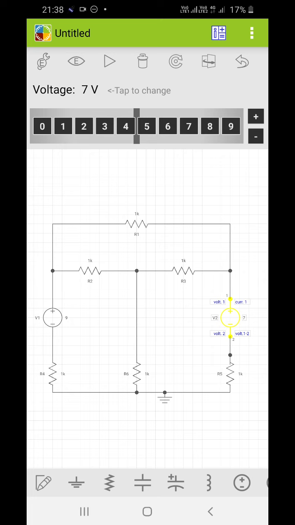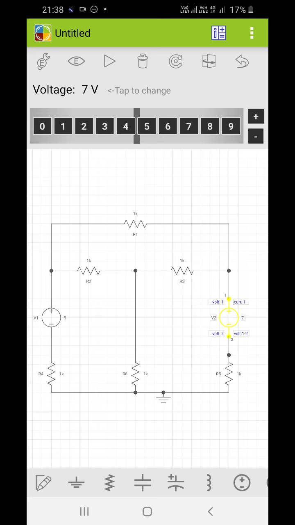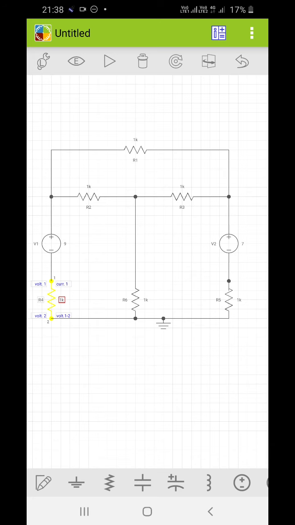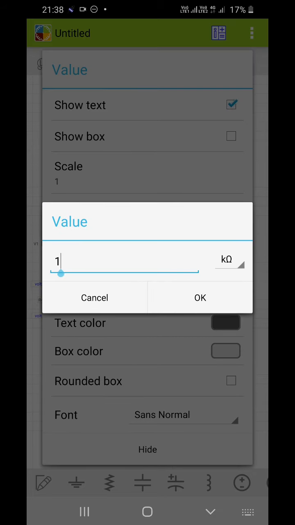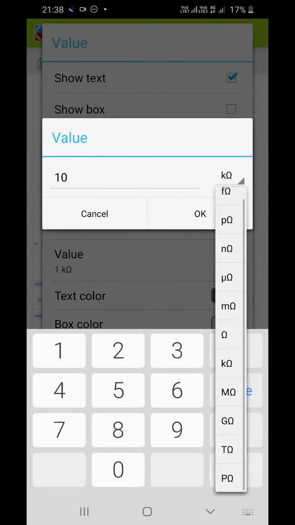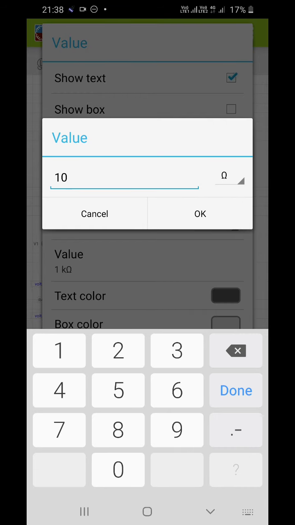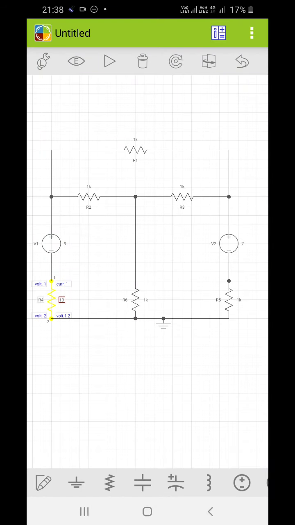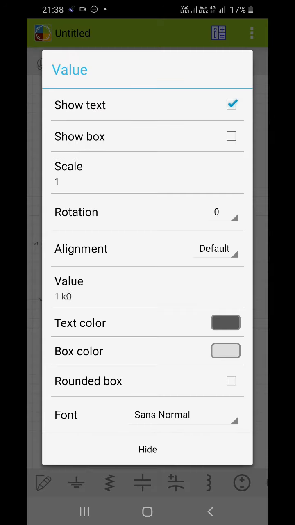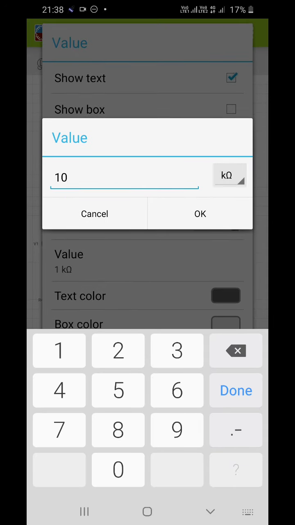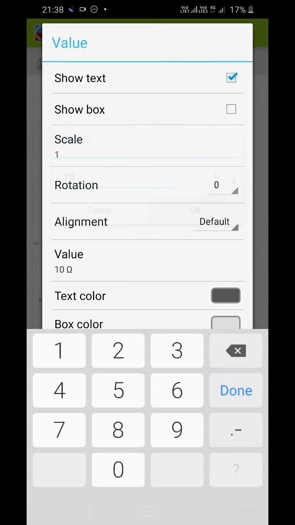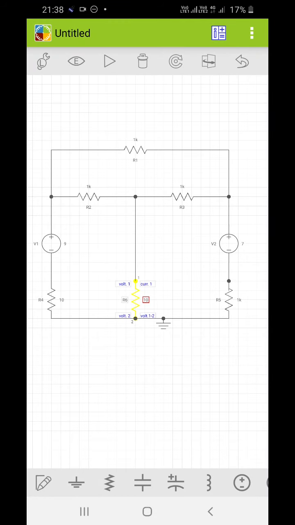Then I will change the resistance value. Here I want a resistor of 10 ohm, so I will change the value to 10. I will change the unit to ohm, so 10 ohm. This I want as 10 ohm again, so I will again click on this. I will change this value to 10. I'll change the unit, and I'll do the same for the rest of them.